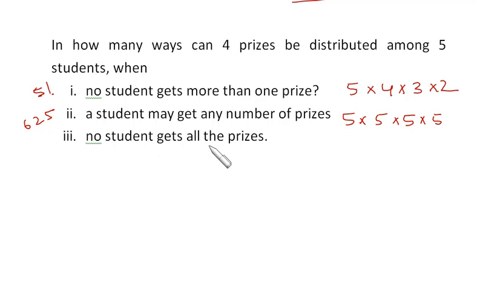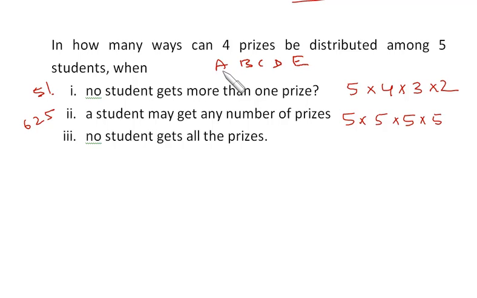Now, what would we do over here? See, in this case, just concentrate over here. It's 625. That means every prize can be given in 5 ways, right? Now, just listen to me carefully. Maybe there are 5 persons, say A, B, C, D, and E, right? Now, in this case, that is in 625, one case will be there when all the prizes are